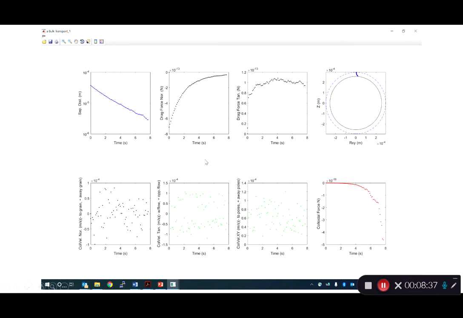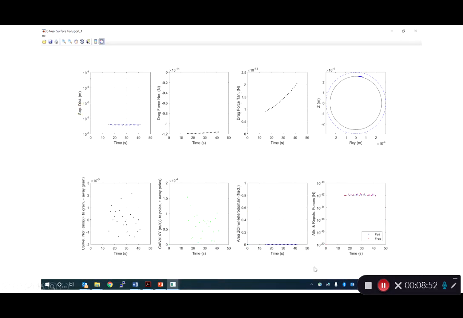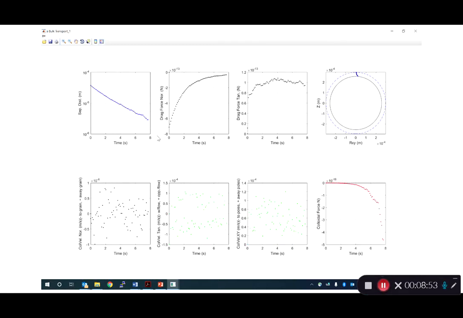So when these models are running, specifically the trajectory model, it shows you a panel of results. So you can see the separation distance between the colloid and the surface across time. You can see the drag force acting on the colloid in the normal direction or in the tangential direction across time. You have a two-dimensional side view of the collector, so the colloid enters from the top, depending on your injection radius that you choose, and you can watch its progress through the bulk fluid. This is the bulk transport model with all of this information,